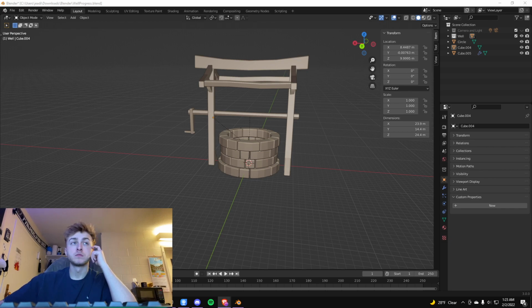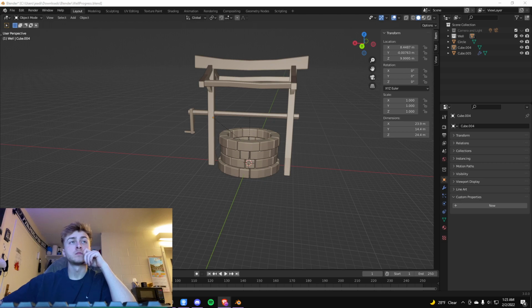I can press full stop on my numpad to zoom into that, period key to reference, and my shortcut keys are kind of behind this dialog box at the moment. I'll just minimize that, and they're down here. So with our plane selected, let's go into edit mode with tab, and I'm going to make the shape of the tile from the top view. So I'll press Ctrl R and do 2 loop cuts down this side. So I've used my wheel to create 2 loop cuts. And if I left click once, I can move those cuts, or right click,